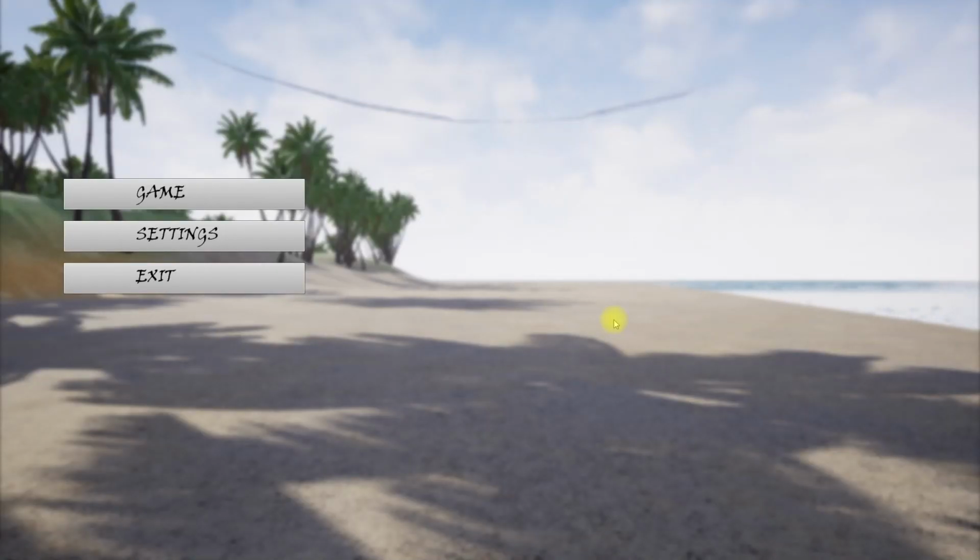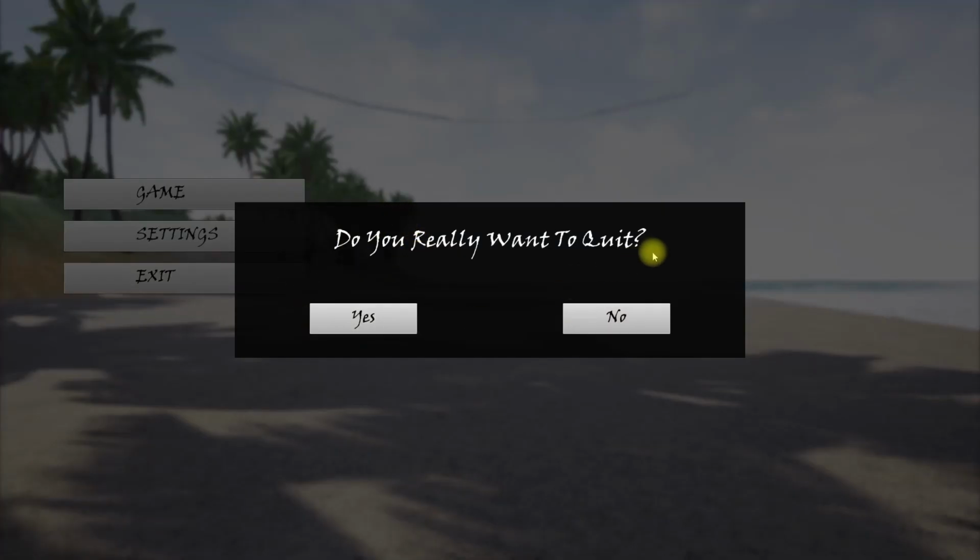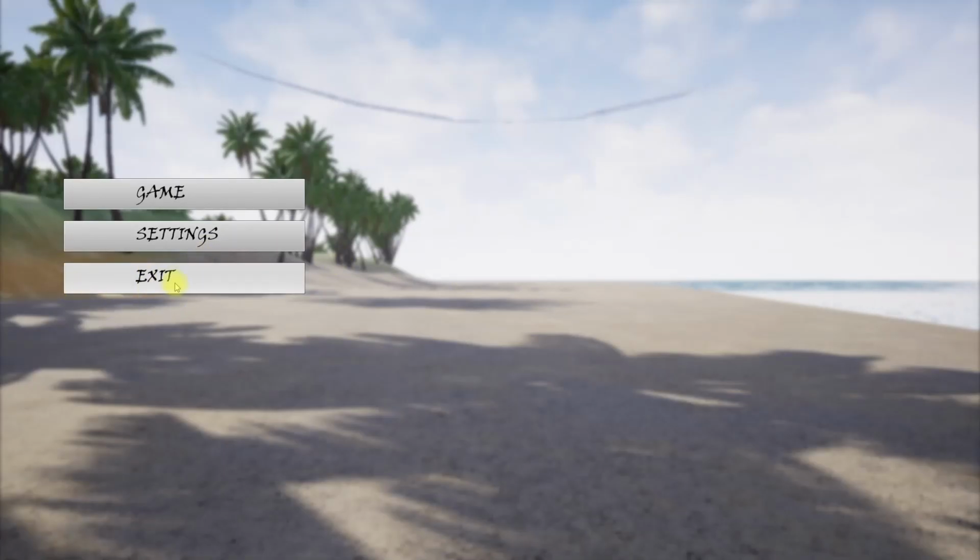Hello everyone. So in this episode of Unreal Engine Survival Series, I'm going to show you how to create this requester window. So when I press exit, do you really exit the game? We get this dialog box which says, do you really want to quit? If I press no, it will simply go back to the